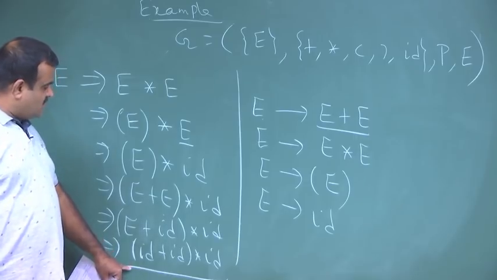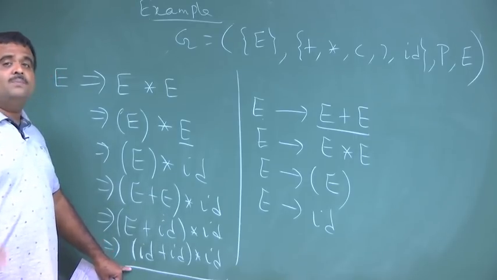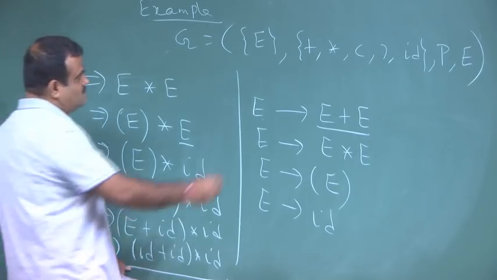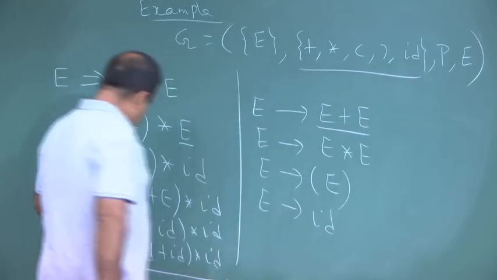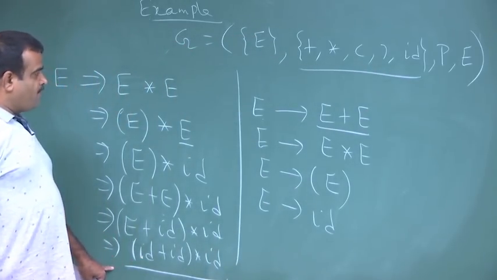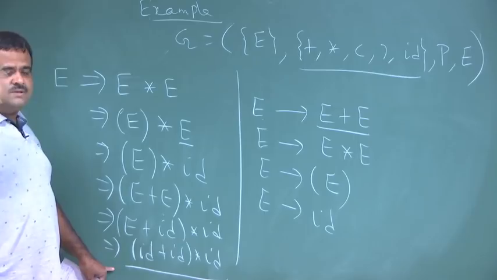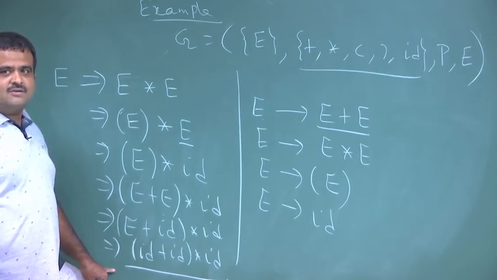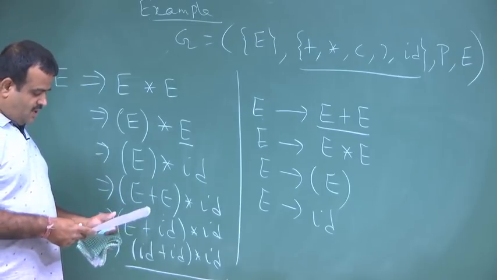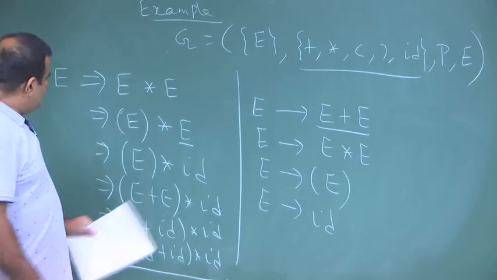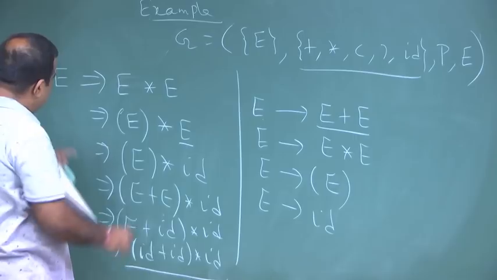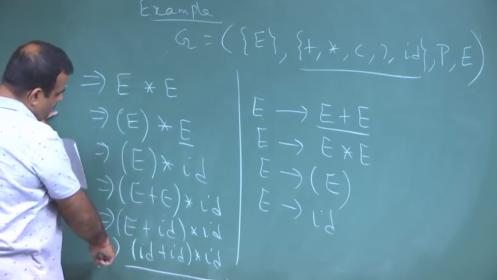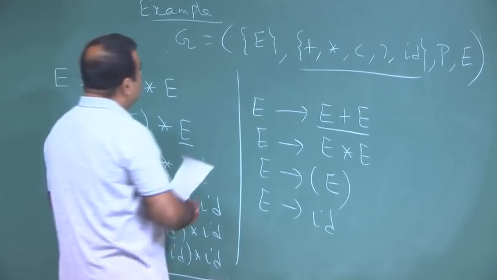This is one of the strings of terminals. We have only terminals, no variables; we do not want any variables in the final state. The final string consists of only terminals. So this is called a derivation, and this is one derivation. Now, if we have multiple derivations, we can say that